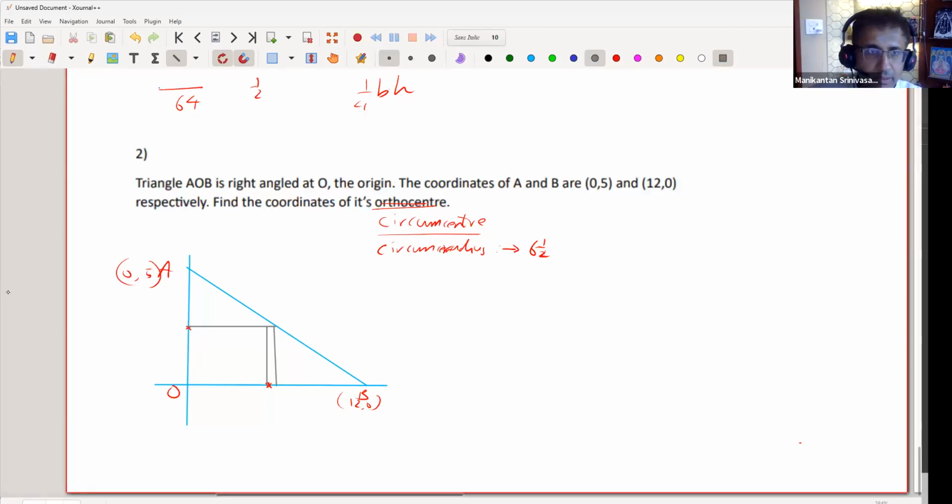Yeah, you guys are with me. And also the circumradius, therefore, as you rightly said, will be half of the hypotenuse, which will be 6.5. In fact, for any right angle triangle,